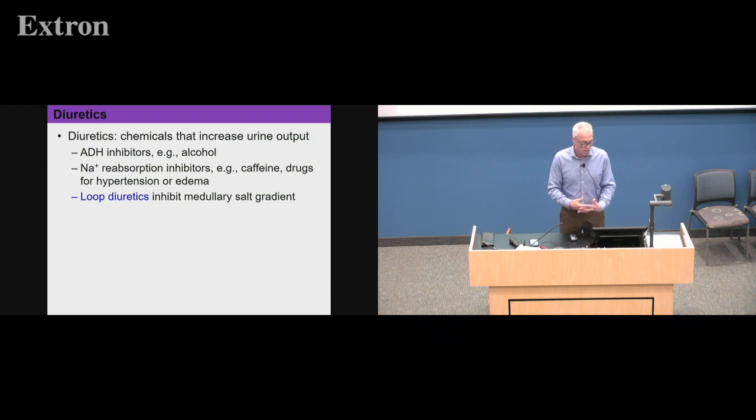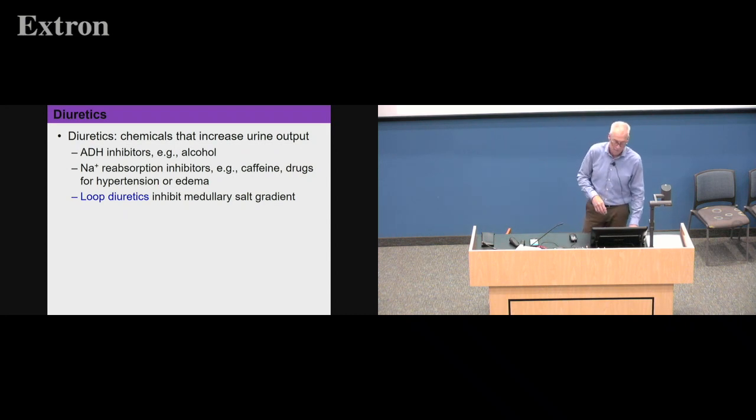ADH inhibitors will cause us to produce a lot of urine. I'll show you a graphic in a second. We'll review the method of concentrating urine and the role of ADH, and you can be keeping in mind what would happen if we blocked that process of ADH's action. But the first class or type of diuretic I'd like to talk about among three types of diuretics is called